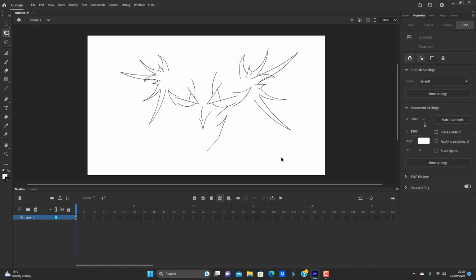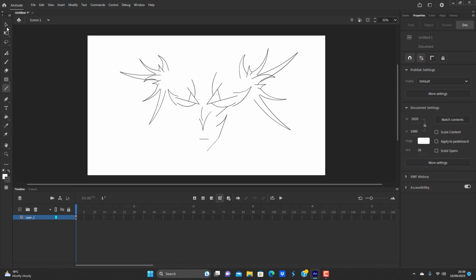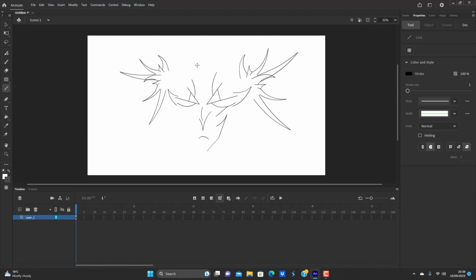So what I want to do now, right, is actually just give it like a really simple mouth. Just like that. This is an anime character, so it's just like that. And now, what we want to do is, we want hair to come down to there, then to there, do another little one, then to there,